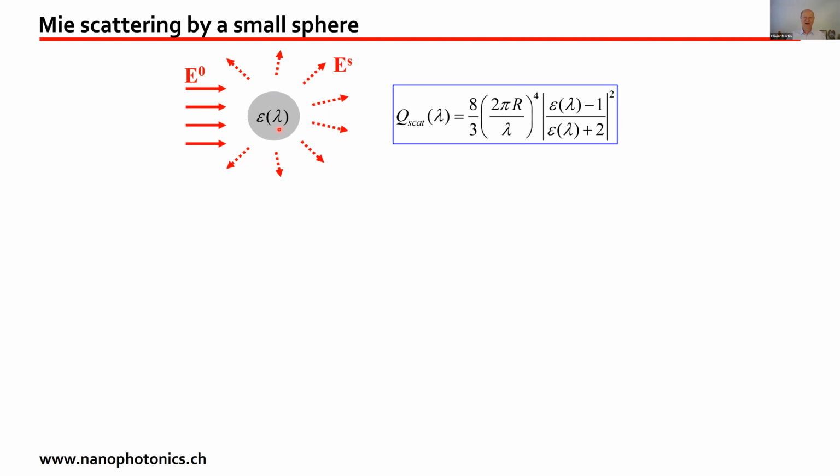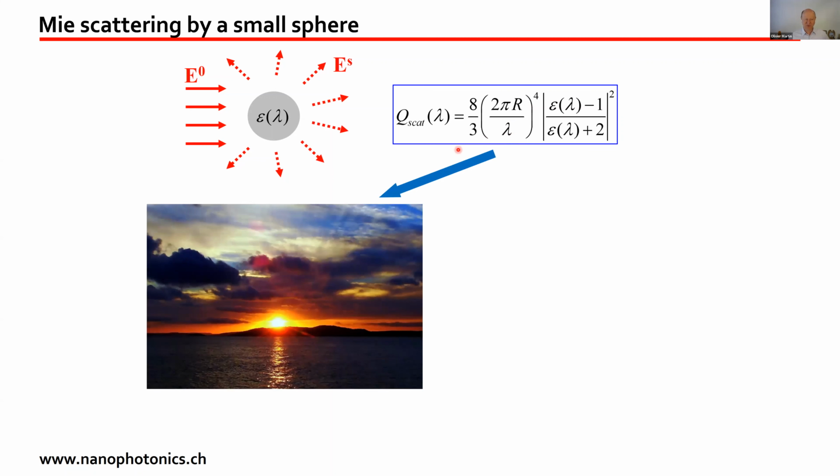And the scattered light is described by this formula that has two terms. The first term here depends on the radius of the particle. The larger the particle, the more light it will scatter. But it's also inversely proportional to the wavelength, which means that it will also scatter a lot of light for very small wavelengths. And this actually is the origin of the blue sky that I hope we can enjoy today.